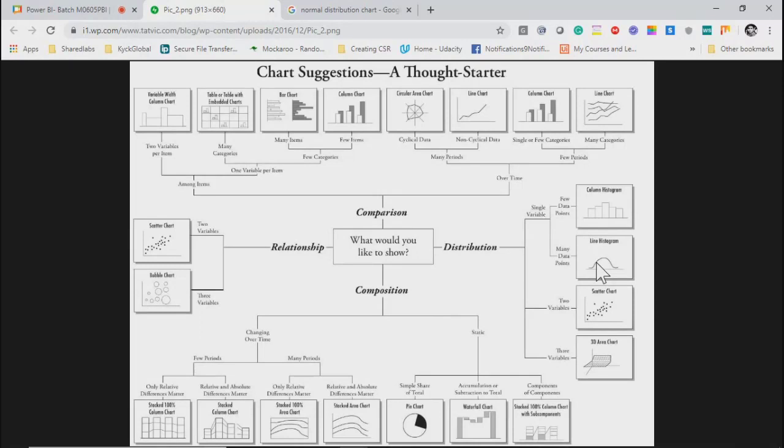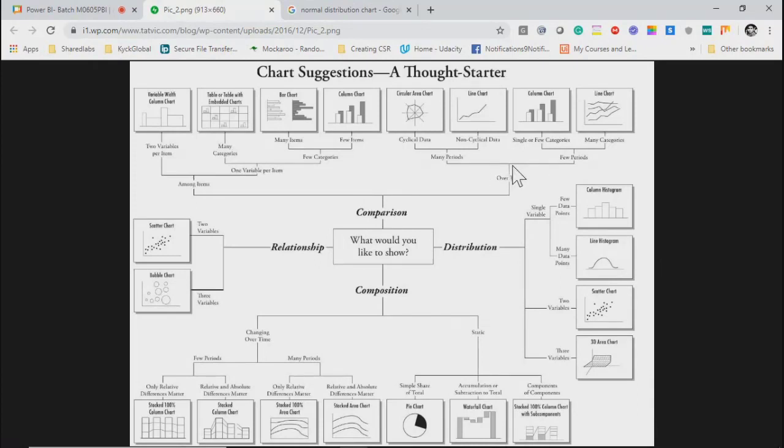While creating, this is not required because Power BI just gives you drag and drop capability. But for interviews, you can read about these things because generally in interviews people ask where to use which chart. Now on the comparison side, if you want to compare, comparison can also happen in two types, the way we are looking at the composition. So comparison you can do over a time period or directly with the dimensions or measures.